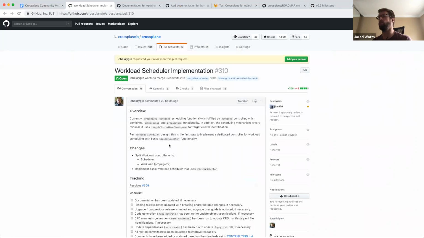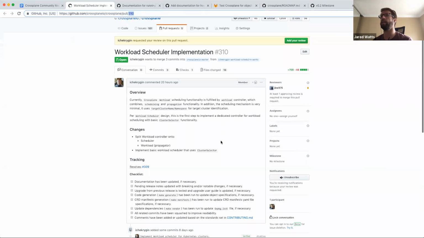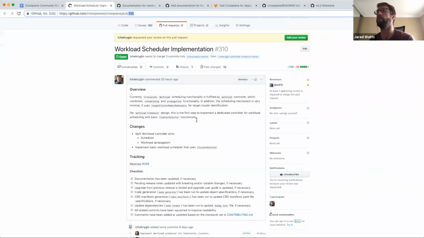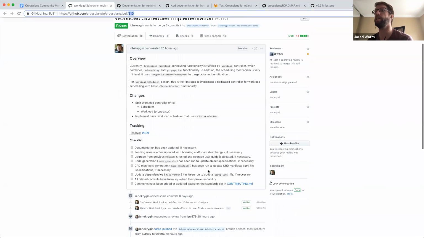But this is one of the first big steps in the implementation of the workload scheduler for deploying and making sure that workloads and all their resources are running and optimized across the various environments that we want to support. So taking a look at this pull request is definitely in the best interest of anyone from the community that is interested in the direction and the implementation specifics for the workload scheduler. So pull request 310 is one that is just open now and is open for feedback for a discussion from folks in the community if you're interested in that.